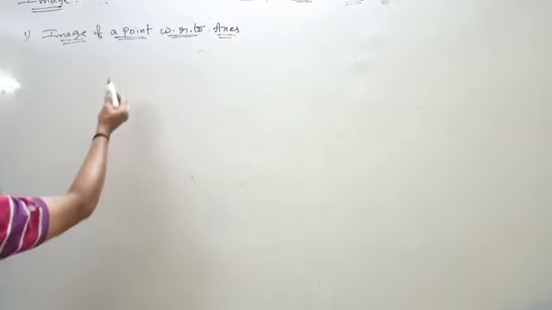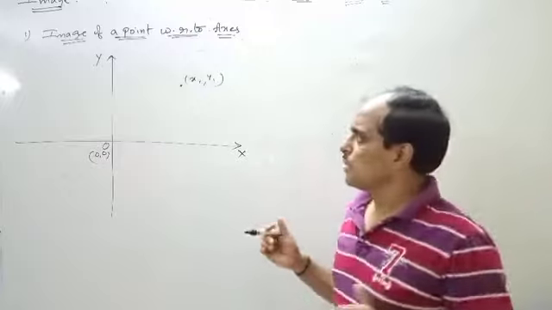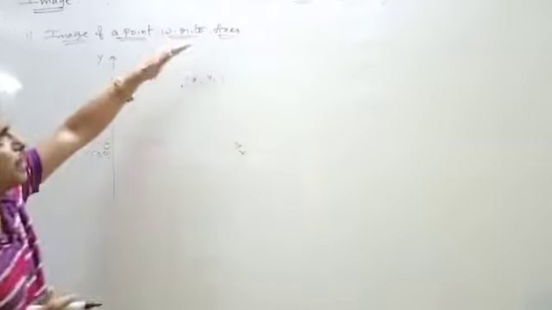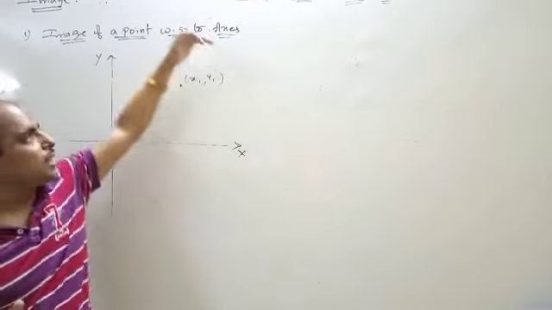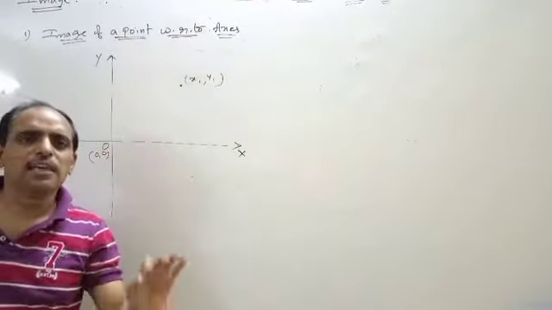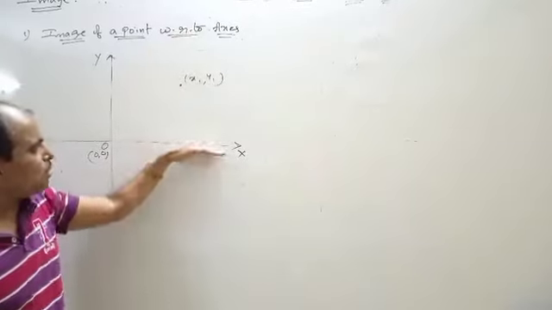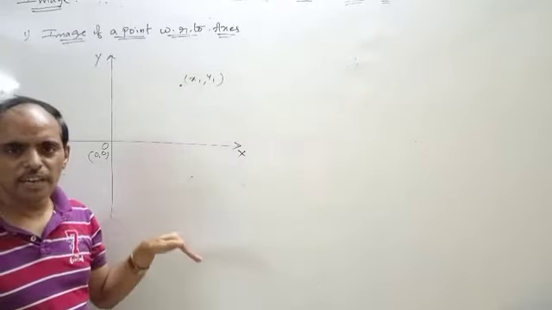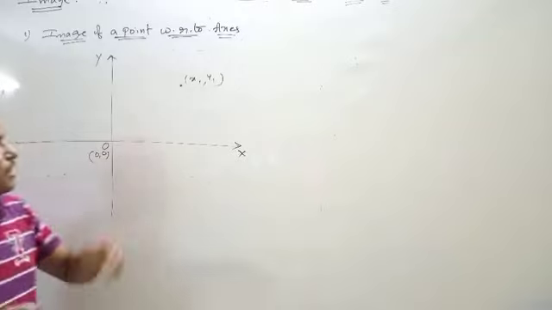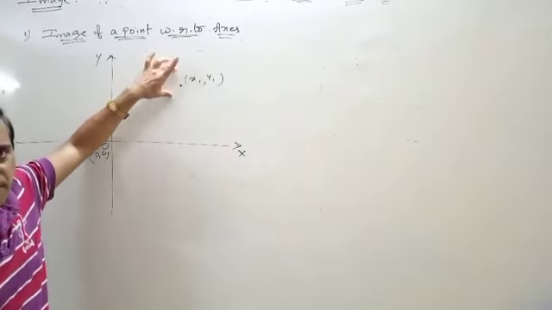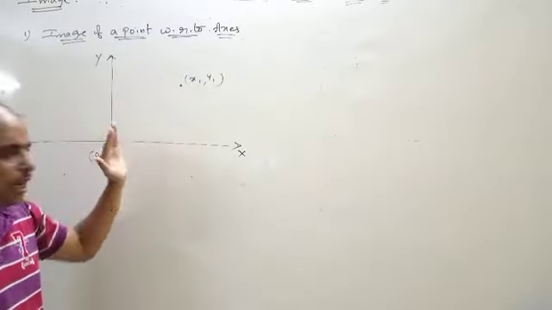So first you see, image of a point with respect to axis. Whenever they say with respect to axis, it means that the axis acts as a mirror. అంటే మన దృష్టిలో ఇక్కడ యాక్సిస్ అనేది మిర్రర్ టైప్. అంటే మిర్రర్ లో చూసుకుంది ఈ పాయింట్. ఓకే, ఏ మిర్రర్ లో చూసినప్పుడు దాని ఫేస్ ఎలా కనబడుతుంది అనేది క్వశ్చన్. Okay, now x1 y1 is a point, and here the mirror I am taking as x axis, and then go for the y axis and also origin.